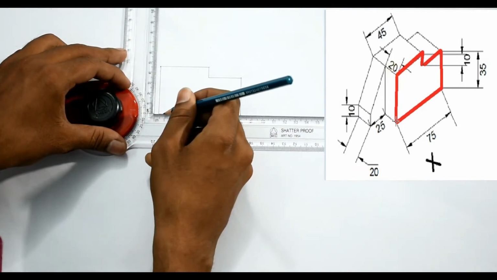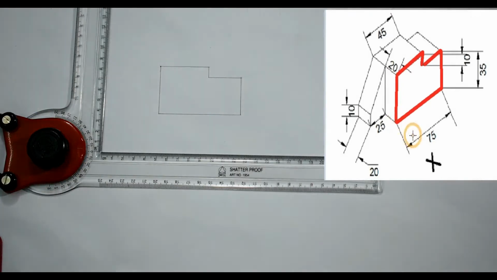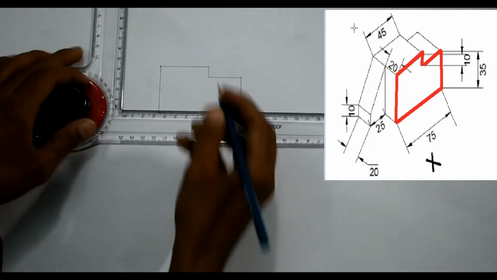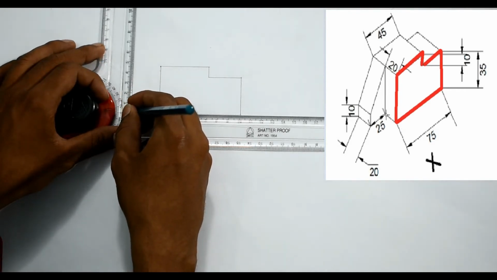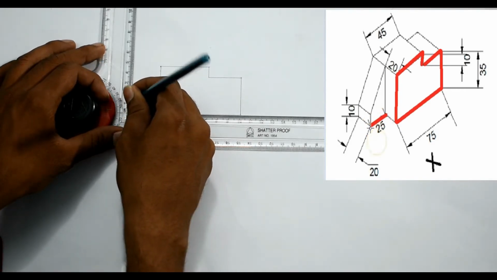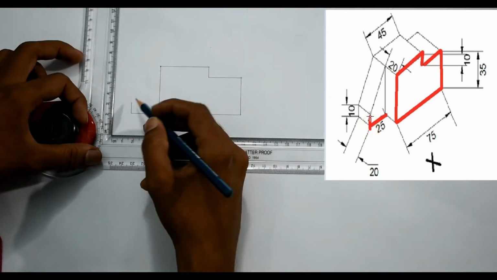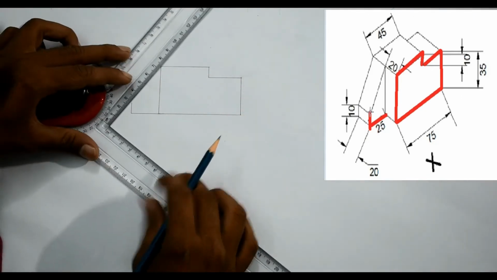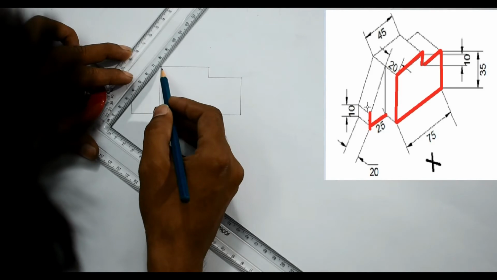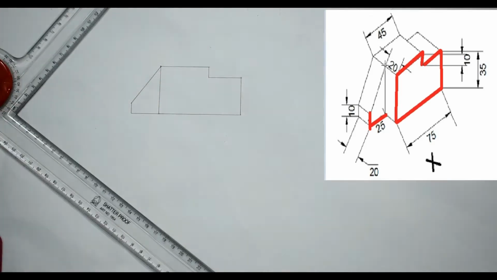So we have completed this portion, but still the front view is not completed yet, because you can see that on the left hand side of this, the 25 line is also visible. This small triangle like shape is visible to us. So I will draw this line first, 25 mm, and then the height on the leftmost side is 10 mm. From there we don't know what angle it is making, but we can easily join these two lines to complete our front view. Hence this completes our front view.